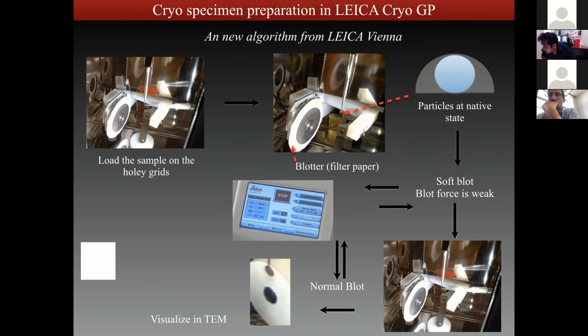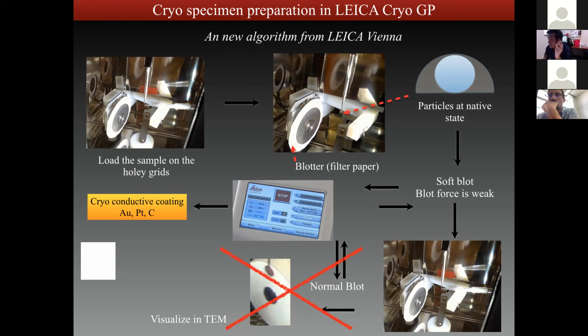As you can see in the bottom image, just right to the mention of visualize in TEM, we will not do that kind of blotting. We will just do a soft blot. As you can see in the second line, soft blot, force is weak. So we are going to leave a significant amount of sample on it, and we will plunge it into liquid ethane. Once that is done, keeping the grid cold and immersed in liquid nitrogen,